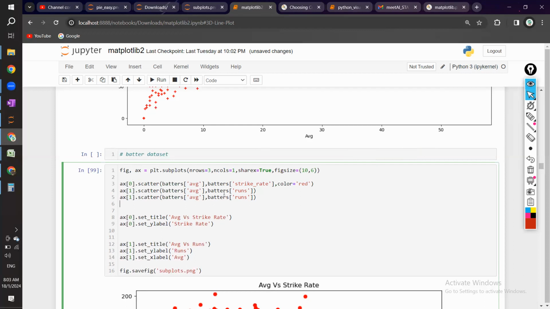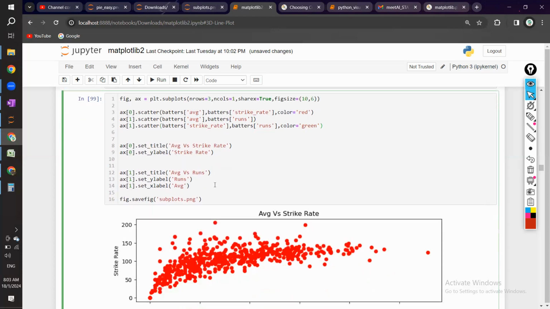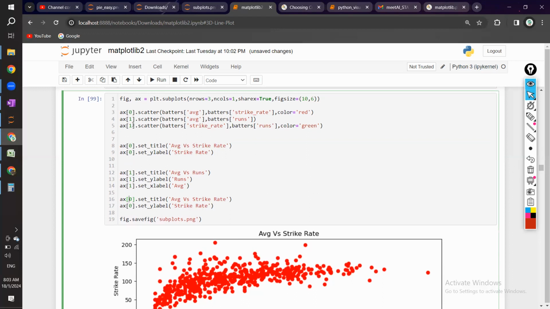Now what is left? I am plotting strike rate, and I'll go with some green color. Cool. Fine. Once I do that, I'll also quickly add something. So this will be 0, 1, and this will be for 2. This is for strike rate and runs. And y label will be runs. Okay, done. Now when I run this,